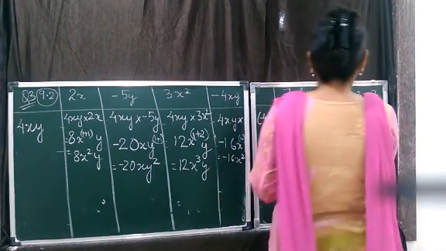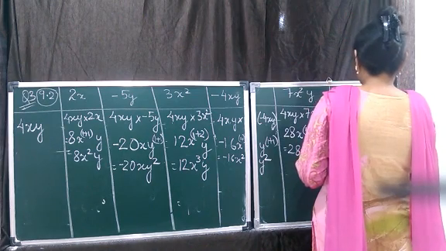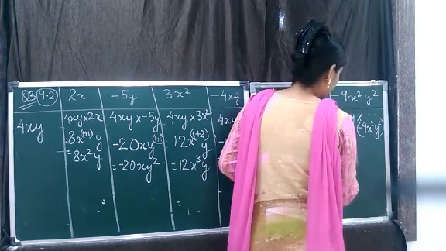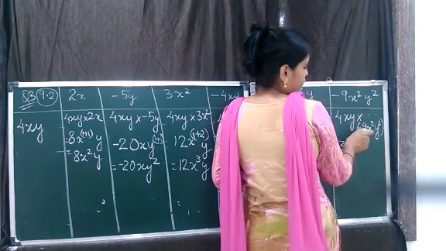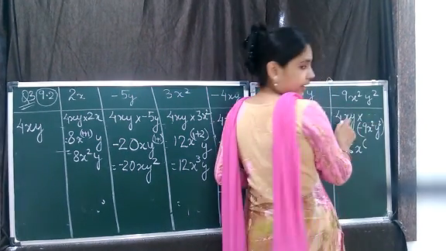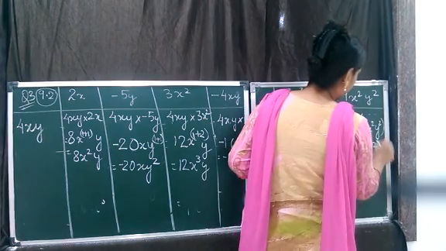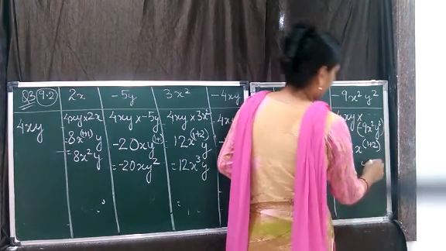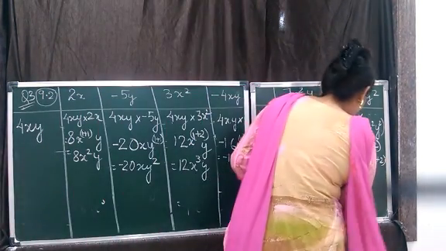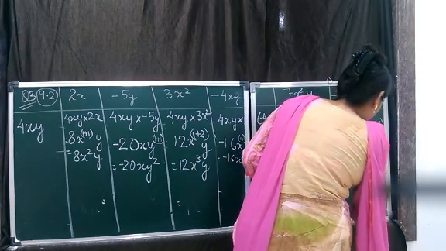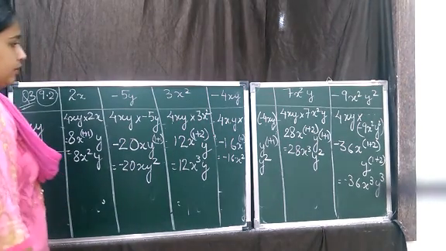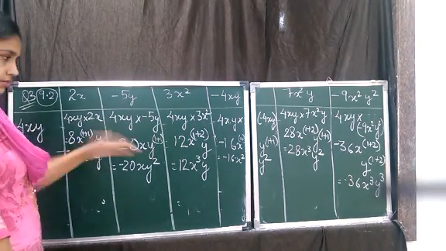Then we go to 4xy into minus 9x squared y squared. Now 4 9s are 36. Plus into minus is minus. Power of x will be added, children. Okay, x is common in both places. So the power is going to be added. And then the power of y will also be added. Why? Because again y is also common. So the answer comes out to be minus 36 x cube y cube. Okay, so this completes the 4xy row.